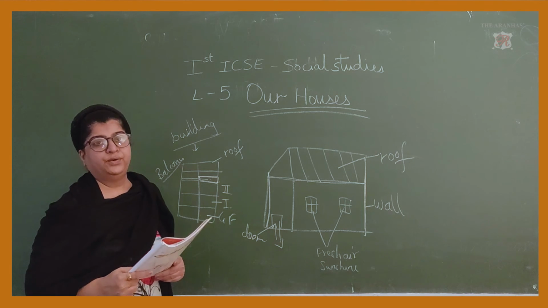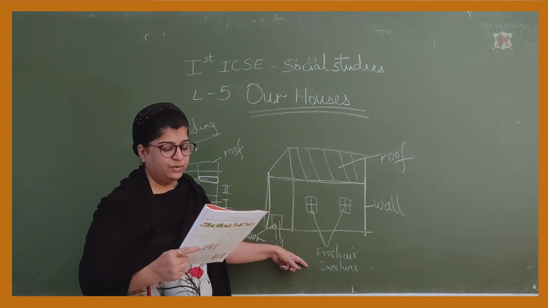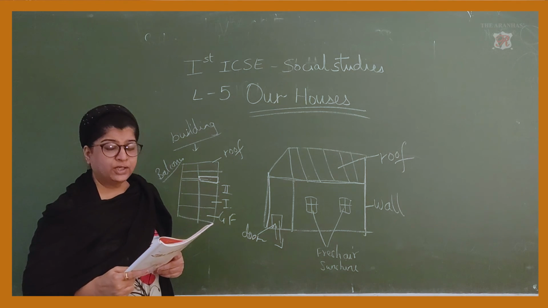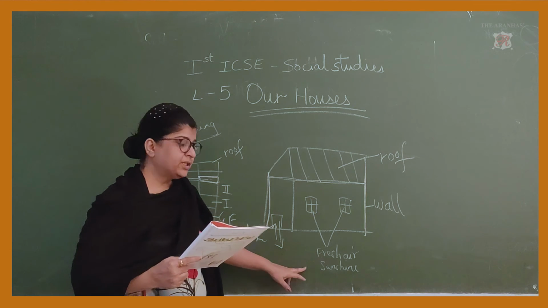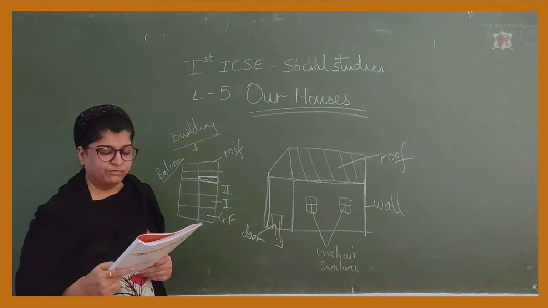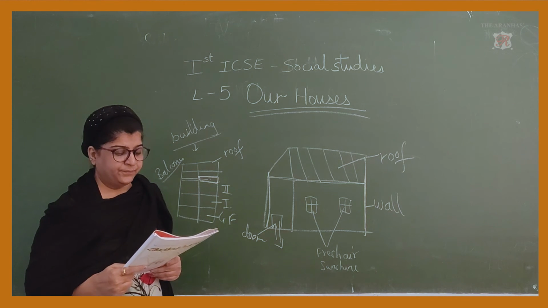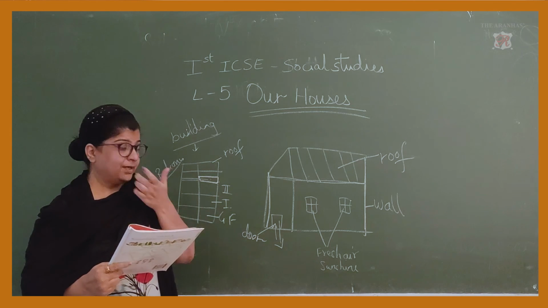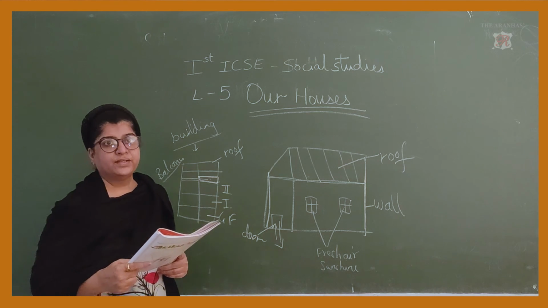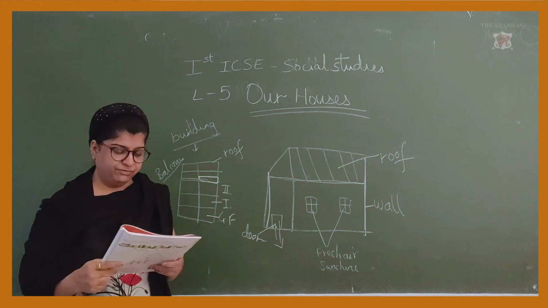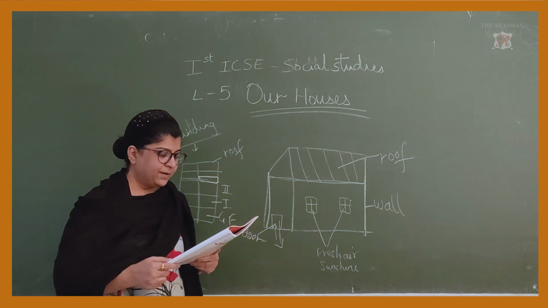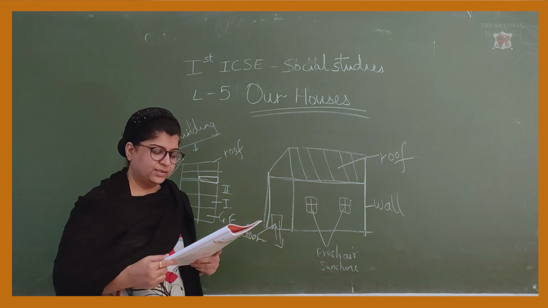What comes in through the window? Air, sunshine, both. Correct. They both come inside, so the answer will be both. We go up when we go from the second floor to which floor? After second floor comes third floor. So the correct answer is third floor. I hope this is very easy. So here also they have drawn, name the parts of the house. Choose from these words. Wall, roof,